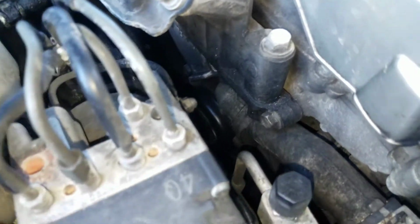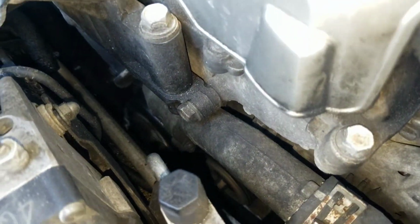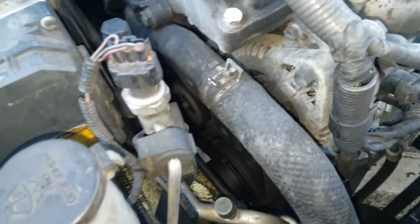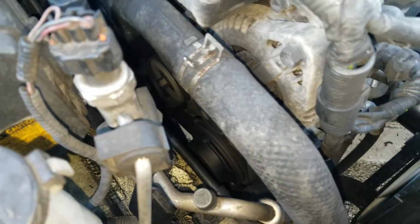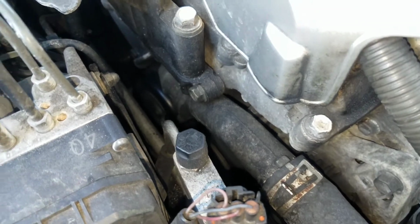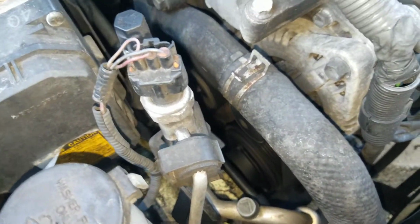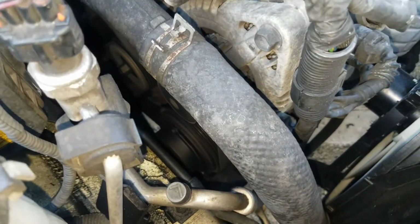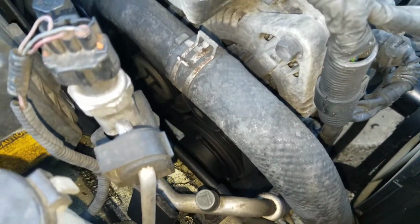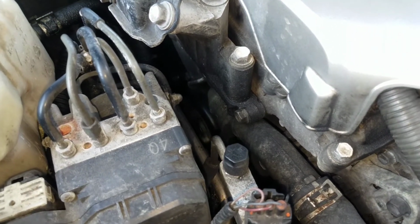But I know you guys could basically hear it, and I'm gonna do it myself, or if I'm feeling lazy, I'll just take it to the shop and let them install it, or let my friend install it and I'll pay him to do it, because I don't really trust certain people to look at my vehicle. I learn it myself and do it myself, and I know that I will get it done right. But yeah, that's the squeaky noise that I've been hearing, and it gets very annoying at times, especially when